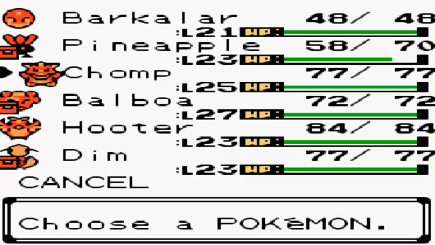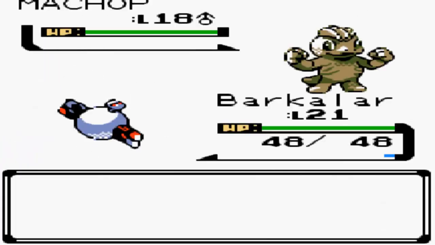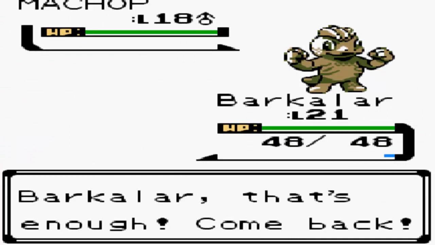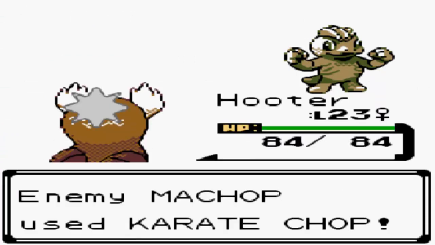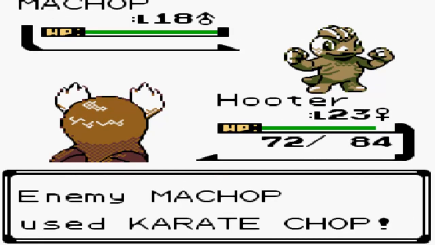So that's great. I'll definitely tell you guys when I'm in, but right now I have no idea. So let's go to my Noctowl to fight this thing. And this thing's on level 18. Going for the Karate Chop, which does...